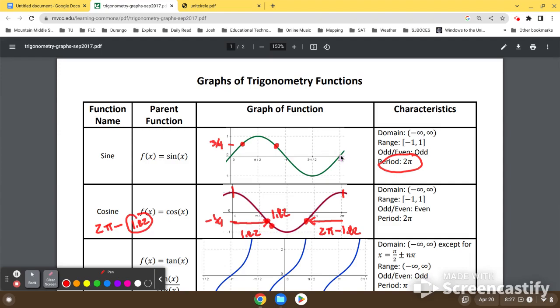Now, the thing about this one is that in this case, we don't need to really concern ourselves with the 2 pi because in this case here, we've traveled this symmetrical distance. So we traveled from here to here. Now, since this is a symmetrical graph, that means we actually are looking for the distance from there to there. Well, this value is pi. So we're not going to do 2 pi. We're going to do pi minus our